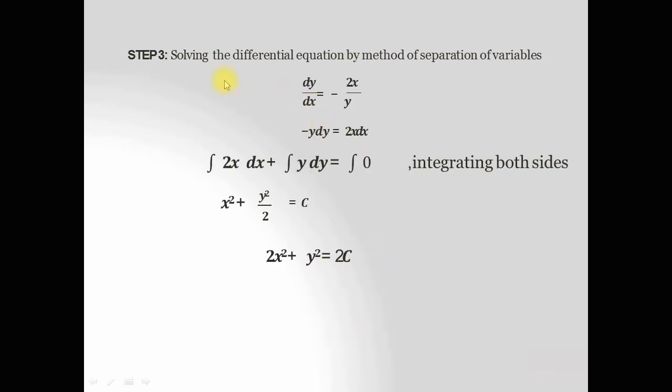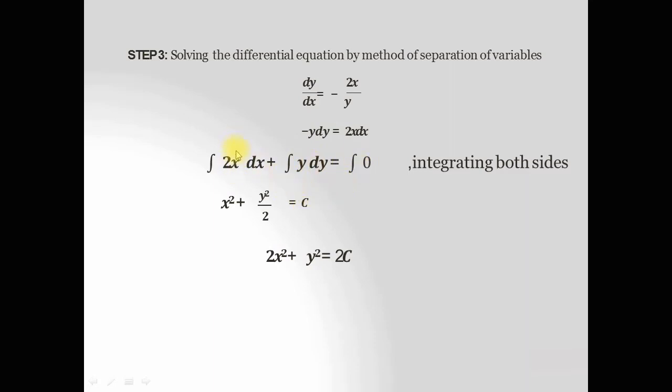Now in the second step, to find the algebraic equation, solve this differential equation by separation of variables. Here we can use separation of variables because this equation is easily solved that way. So using cross multiplication, -y dy = 2x dx. Now taking integration, shift this term to the right-hand side: 2x dx + y dy = 0. So we integrate 2x with respect to x and y with respect to y, and the integration of 0 is a constant.